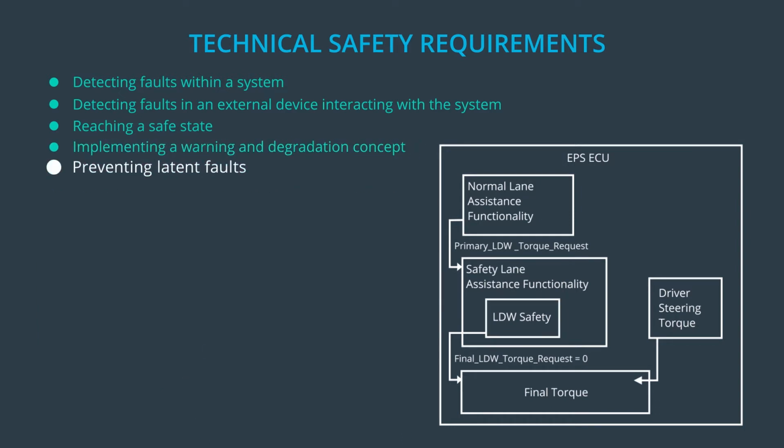And finally, let's discuss an example of a measure that prevents latent faults. Latent faults are errors that exist but cannot be detected. An example would be a software error in the code that actually checks for the failures. Measures against latent faults generally take place during power up, power down, or during maintenance.